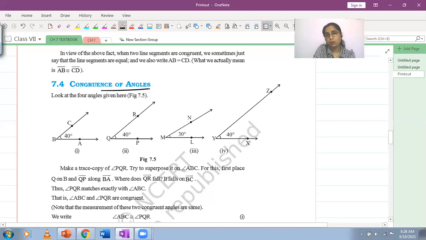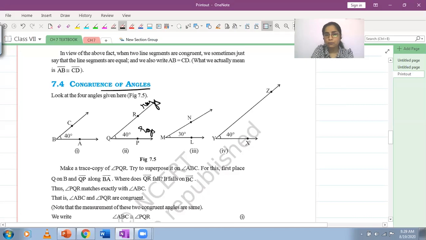Then we are talking about congruence of angles. So now we are on two-dimensional shapes here. If two angles are congruent, that would mean their degree measure is the same. Here we do not check the length of the arms, because arms are actually rays which can be extended. We can even increase the size of the arms. In case you feel that the arm in the fourth shape is longer, what can I do? I can make the arms of the first and second ones longer too, and then it will exactly match the fourth one.